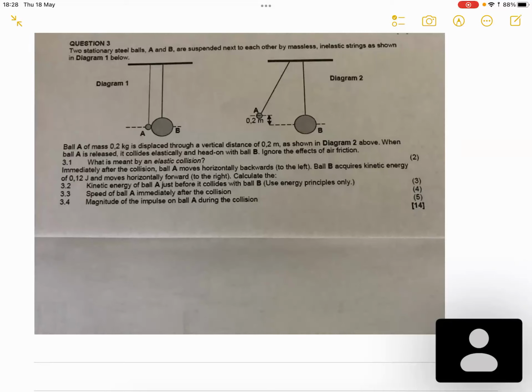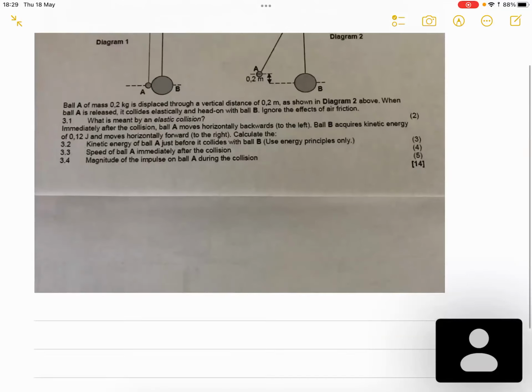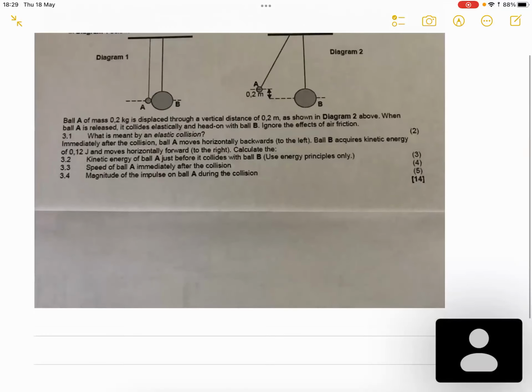When ball A is released, it collides elastically and head-on with ball B. Ignore the effects of air friction. Okay, so you need to just take a moment to look at the picture and understand what's happening. Okay, so 3.1 says, what is meant by an elastic collision? So for 3.1,